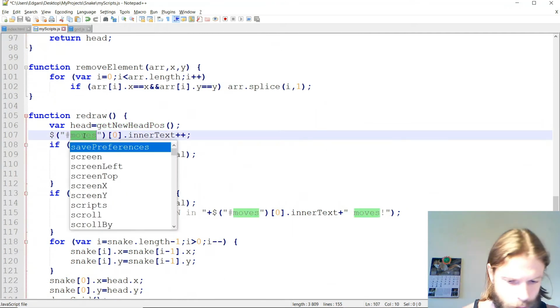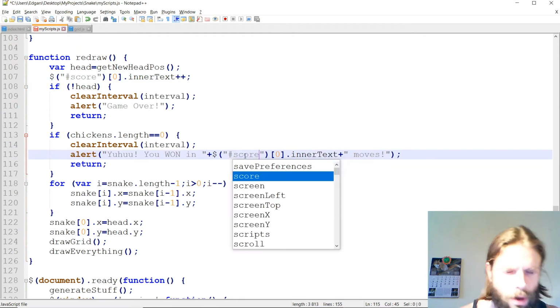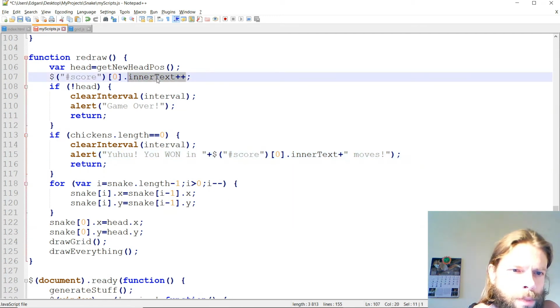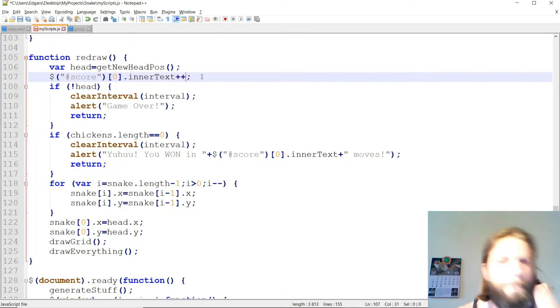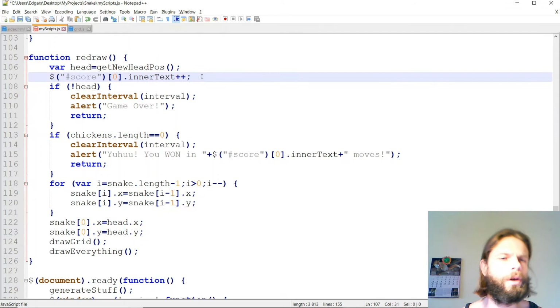So here is a score and here is score, but now let's just say that it's not just plus plus, but we divide it by the cell count, the total cell count in our grid or something like that, to get